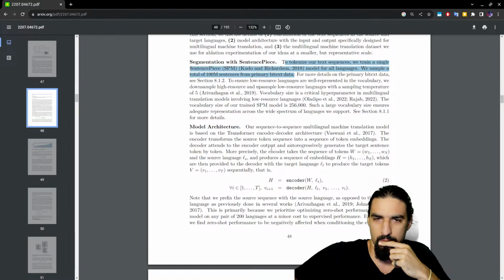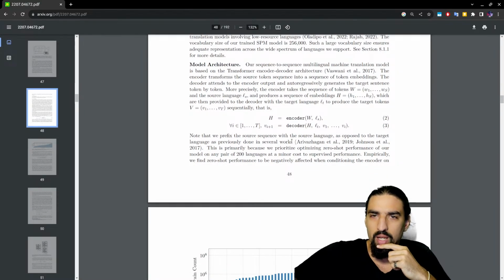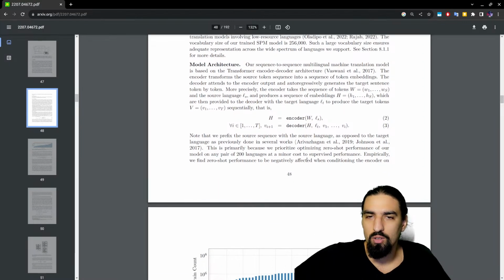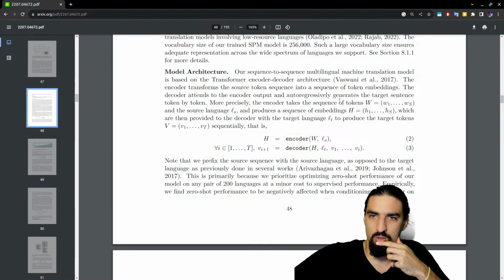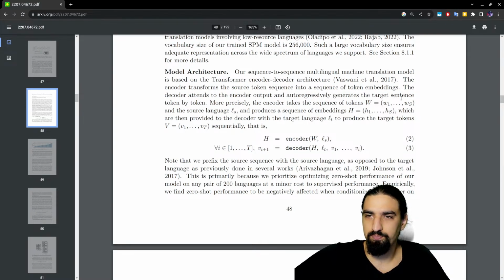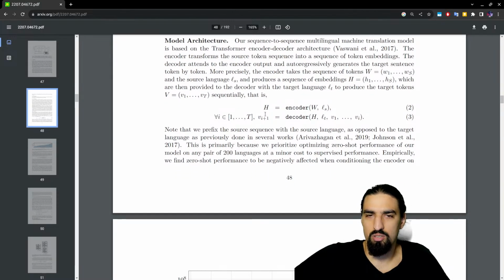Model architecture, encoder, decoder. Okay, there's a couple of interesting things to note here. The prefixing with the language token. I think we want to read that one. Decoder transforms the source token sequence into a sequence of token embeddings. The decoder attends to the encoder output and autoregressively generates. Okay, standard stuff. And then they say